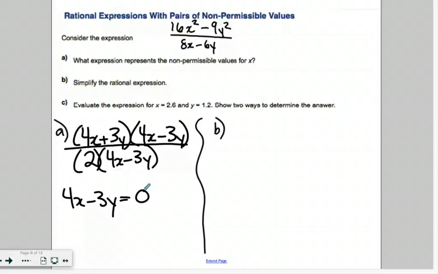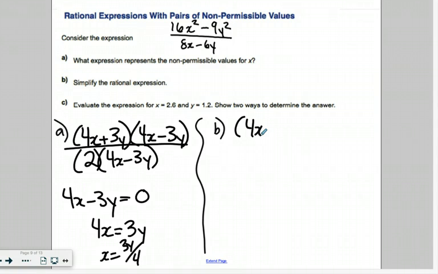So again, you would just isolate x here. You'd add 3y, 4x is equal to 3y, divide both sides by 4, x is equal to 3y over 4. So any relationship where the value of x is exactly 3/4 the value of y is going to cause division by 0 in this particular expression. Factoring the denominator allowed us to find that non-permissible relationship. Going back to the factors of 4x plus 3y times 4x minus 3y in the numerator